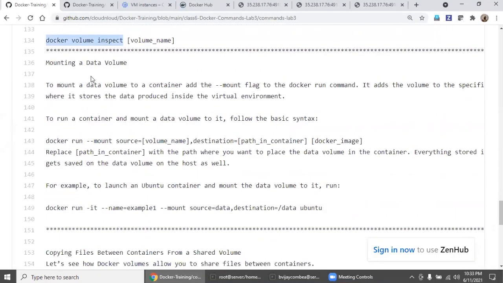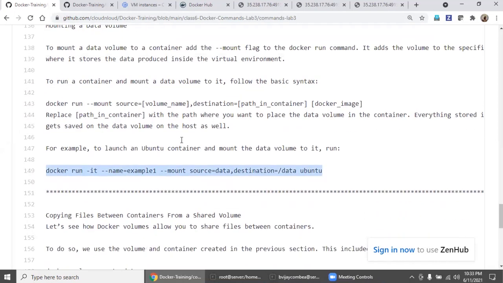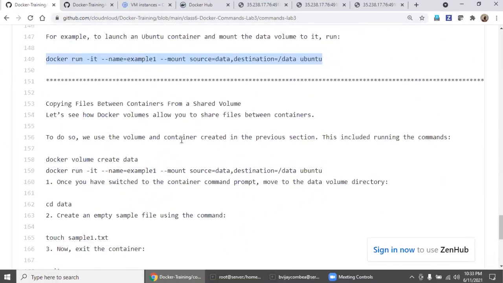Come down. Mounting a data volume. This is something you need to understand first. If you run this, one mount point will automatically be mounted, but I'm going to make you understand. You mount it, log in inside the container and create one file. Then with the same mount point in a different container, you go and check, and the file will be there.